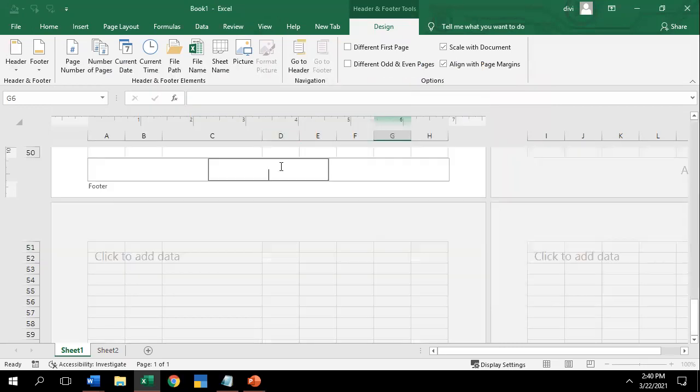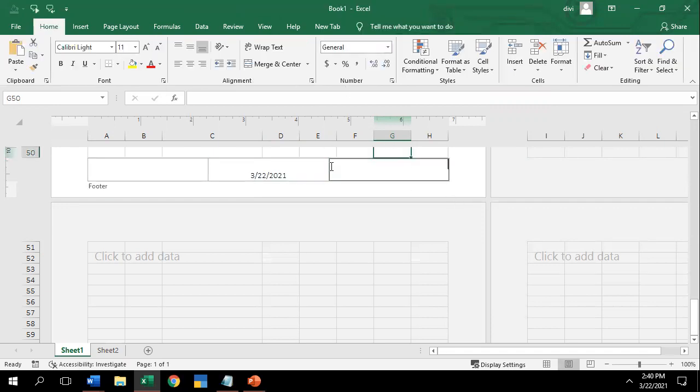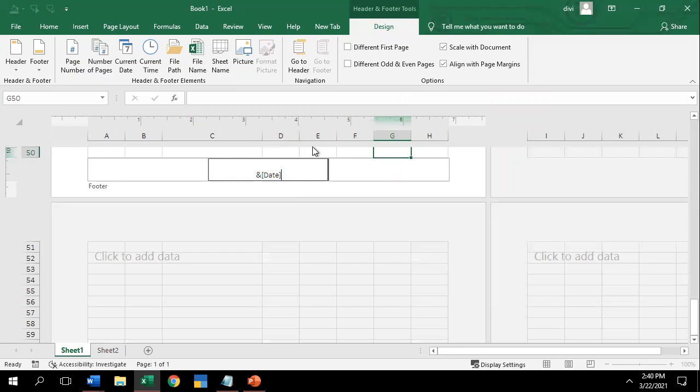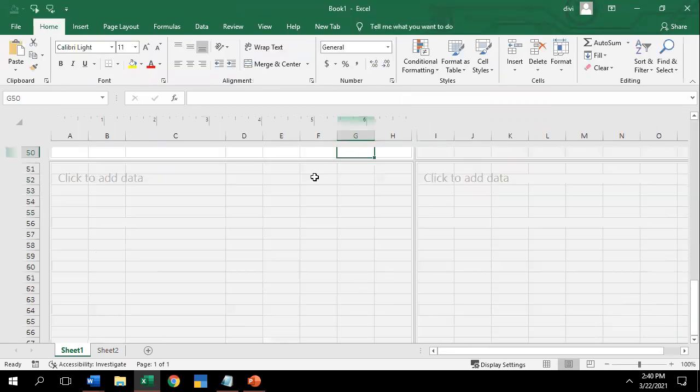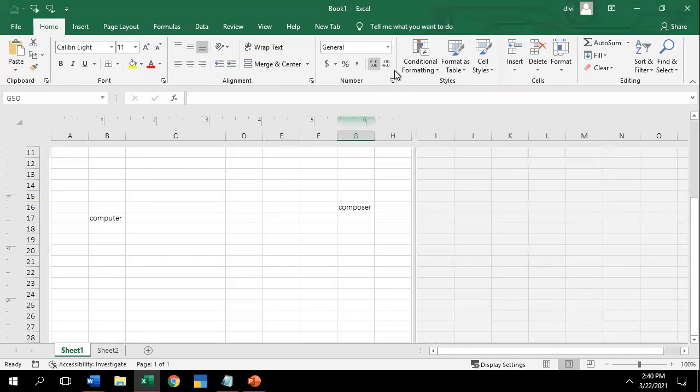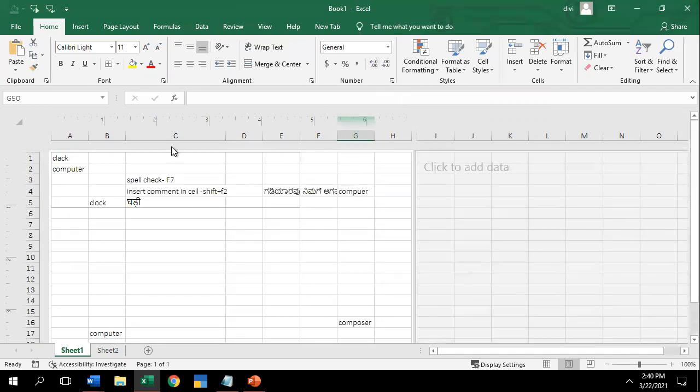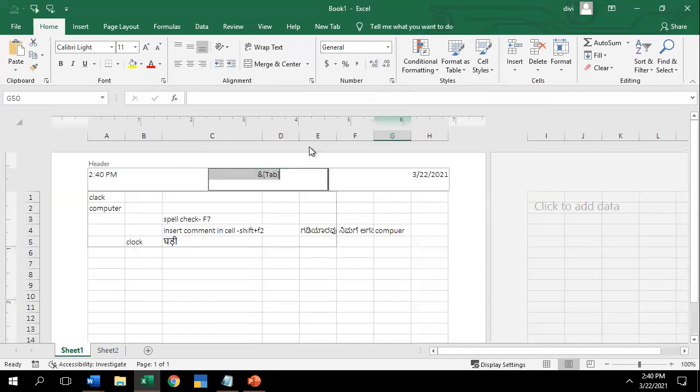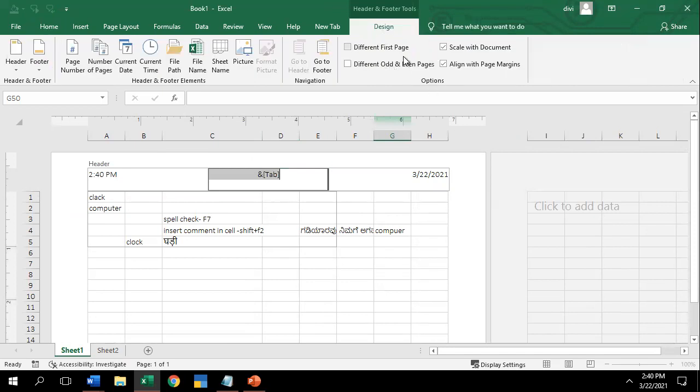And go to footer. If you want to go with a footer, if you click on the footer, you can insert a footer. I want to insert the current date. Okay. And then, if you don't want any footer to be present on the first sheet, you can deactivate it. For example, see, I just double tap on it. I don't want it displayed on the first page, so Different First Page.